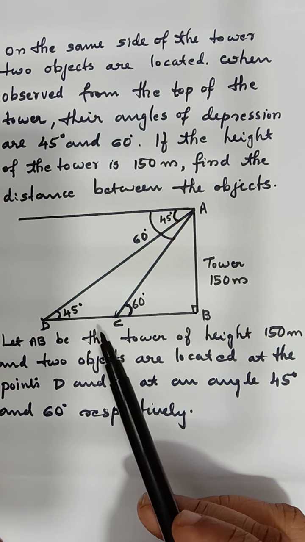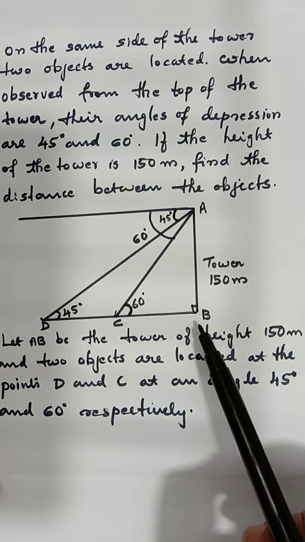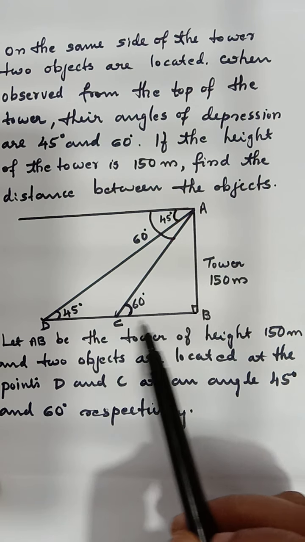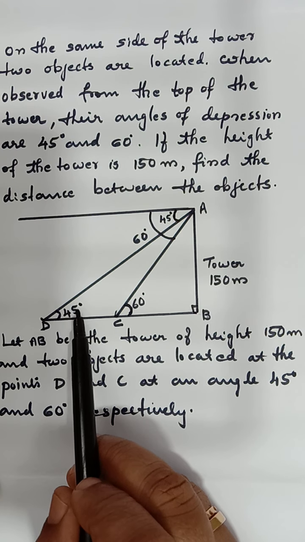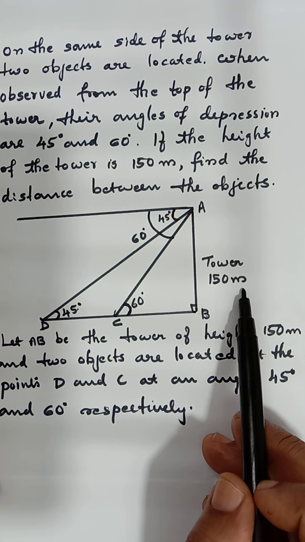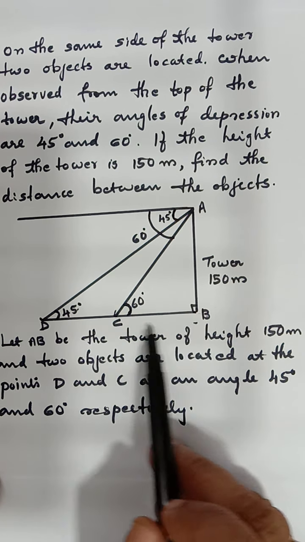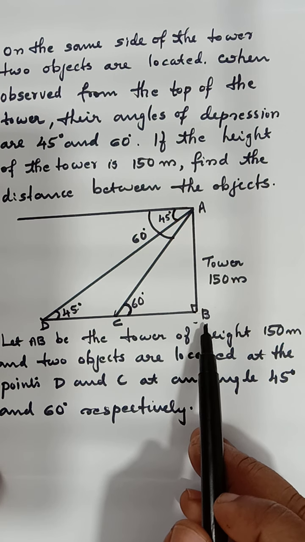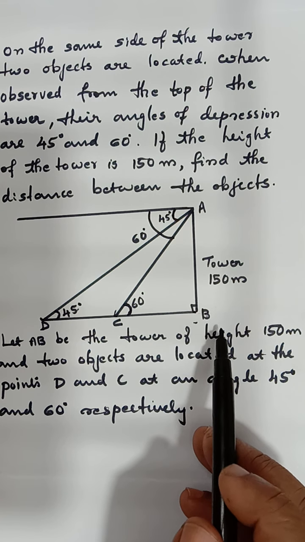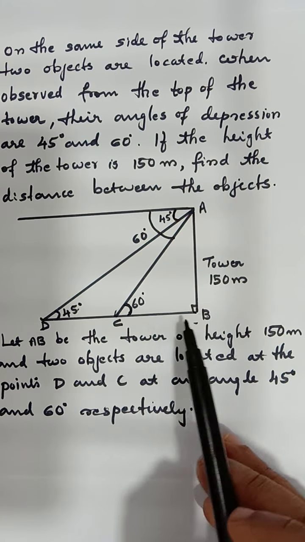While learning trigonometry you might have learned this. When we consider the right triangle ABD, and this angle 45 degree, opposite side AB is given as 150 meter and BD is called the adjacent side. So this adjacent side we have to find out. Which trigonometric ratio is better here? That is tan. Tan 45 is equal to opposite side by adjacent side.